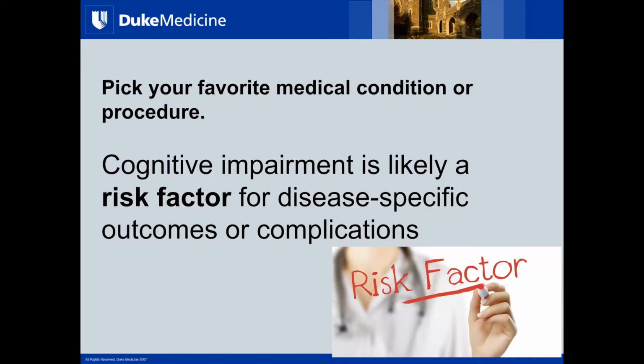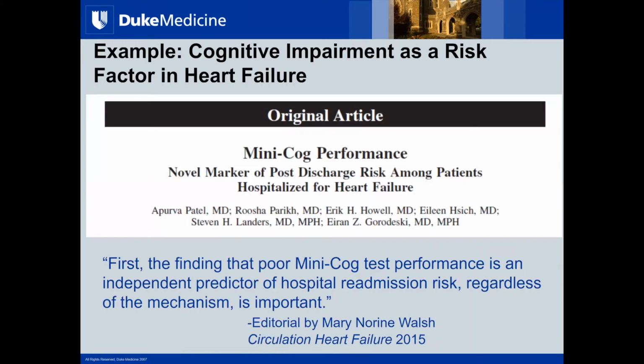For those of you who study a particular comorbidity, say diabetes or cancer, or a particular type of procedure like surgery, cognitive impairment is likely a risk factor for the disease-specific outcomes or complications related to that comorbidity. This is just one example. This is a study that looked at 720 people who were hospitalized for heart failure and found that the mini-cog test, which was administered on the day of admission, was highly predictive for this outcome of hospital